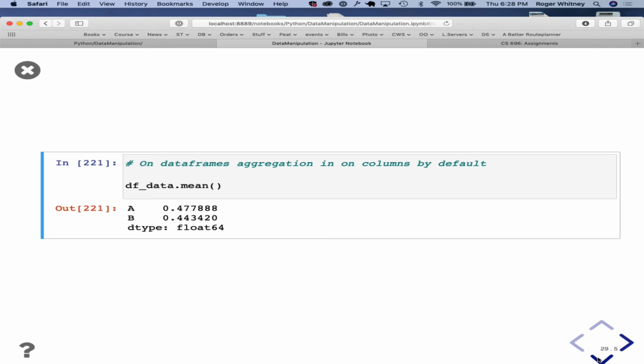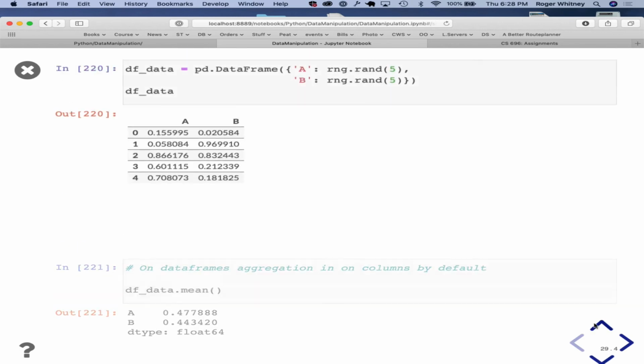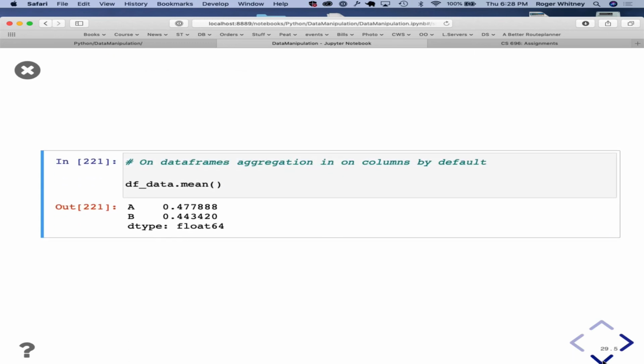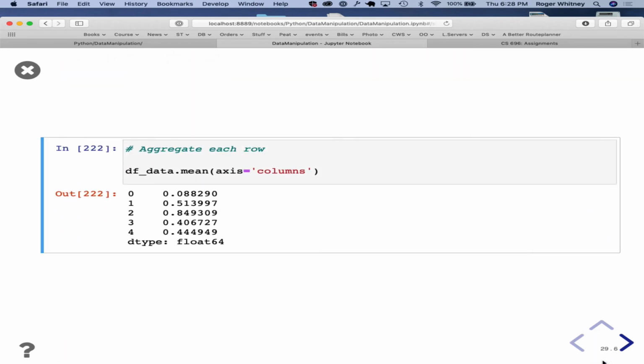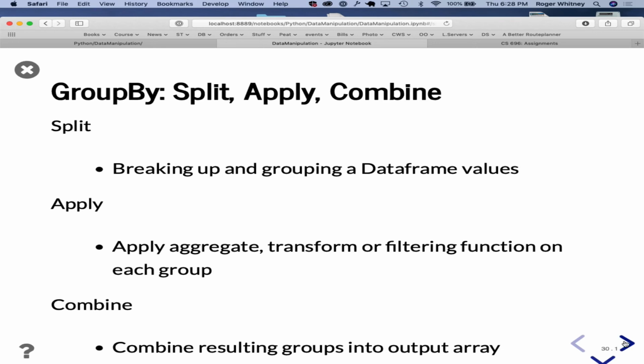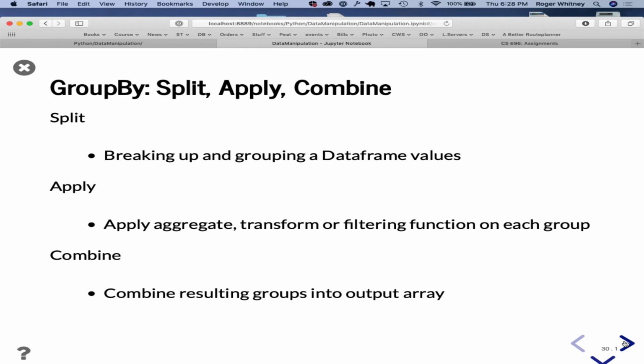I get the mean of each column, right? If you want the mean of each row, then you just transpose it and then take the mean. Or in this case, just do the columns.